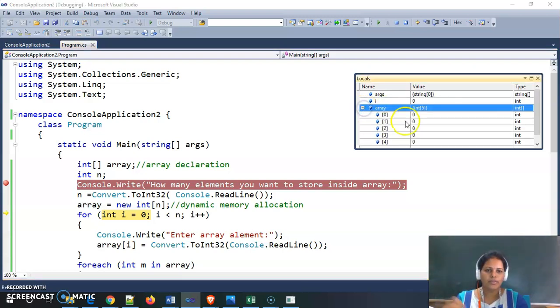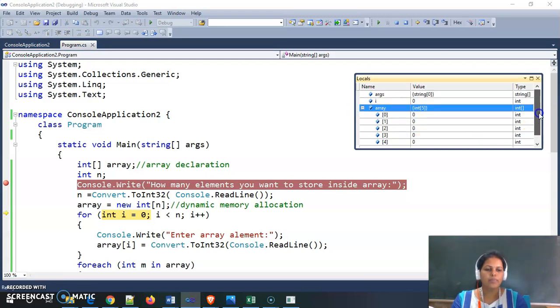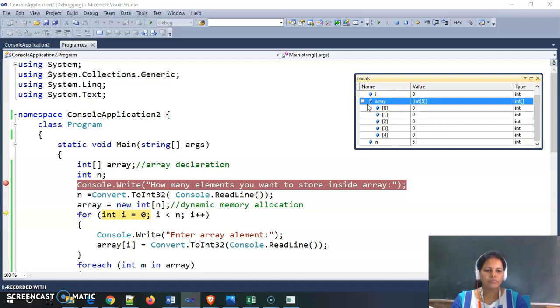See, this is the exact memory allocation, dynamic memory allocation. Memory will be allocated dynamically for this array. We are in the running phase, and at the time of running our program, the memory is allocated for this array, which is of integer type. Now if we see here, all the elements are 0 initially. Now by using this for loop, we store the elements one by one on all these indexes.